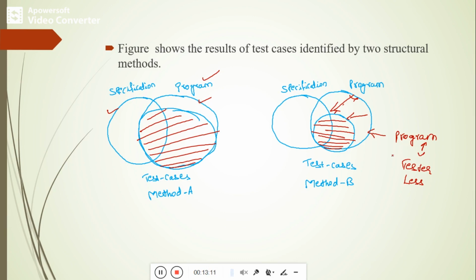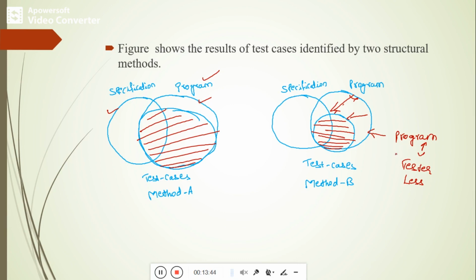Generally, I will give you a clear idea now. I can call them the functional testing technique and the structural testing technique. In the functional testing technique, the maximum test cases are written for the specification behavior. In the structural testing technique, the maximum number of test cases covers the programmable part, or program behavior. We can call the first black box testing, and here we call it white box testing.